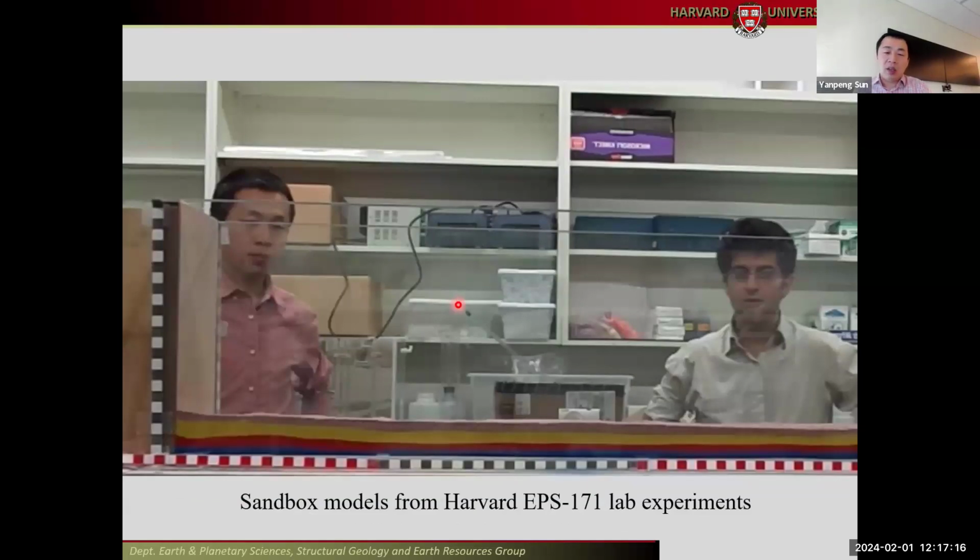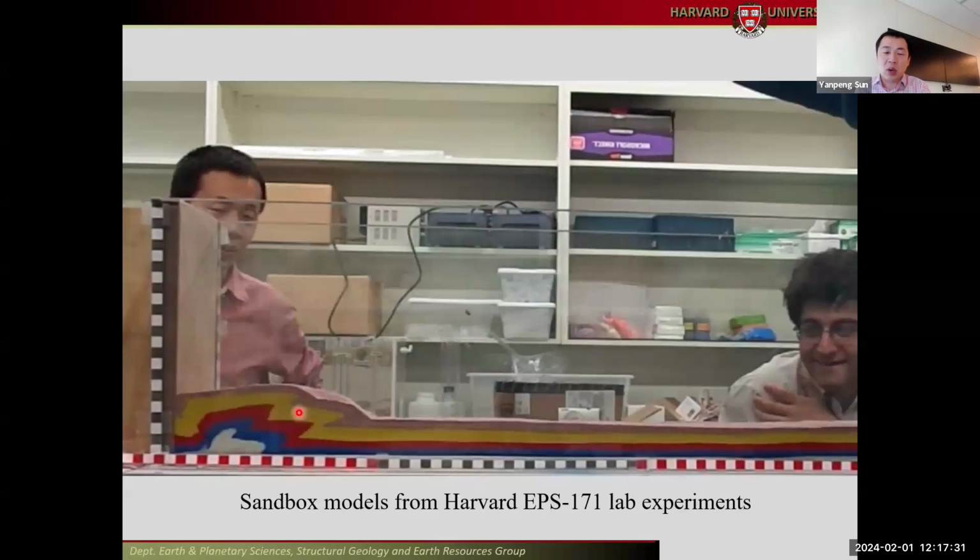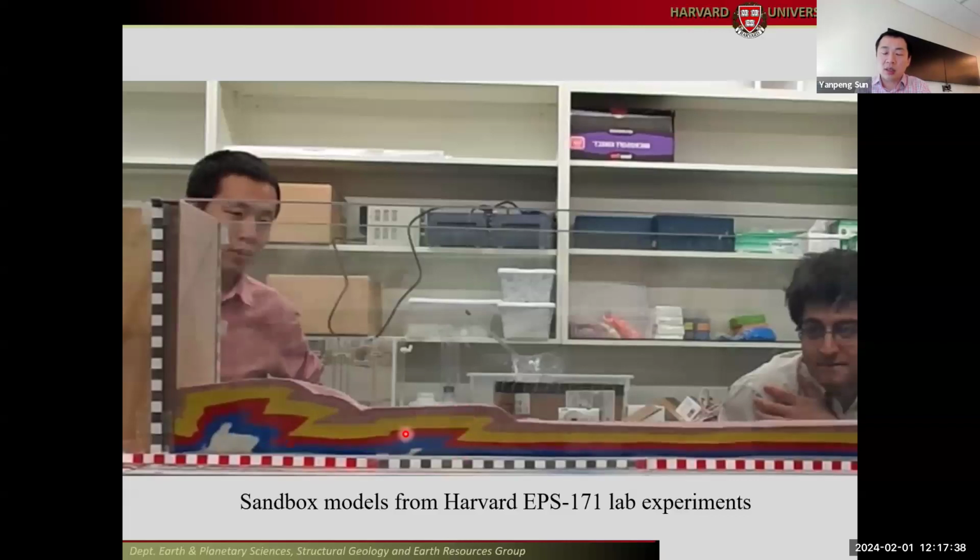This is a very simple classroom sandbox model that I run for our teaching activities. Here you have sandpaper beneath it that is dragging the sediments against that backstop. As I start contracting the system, you start forming a series of fault thrusts. But then as you move to the center side, you see again there's a fault thrust, there's a back